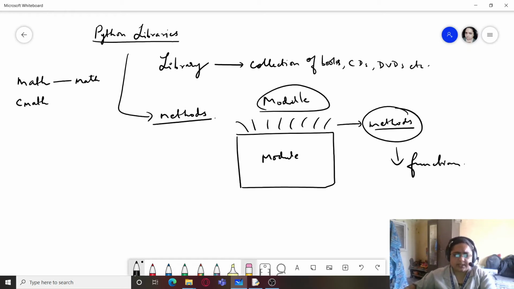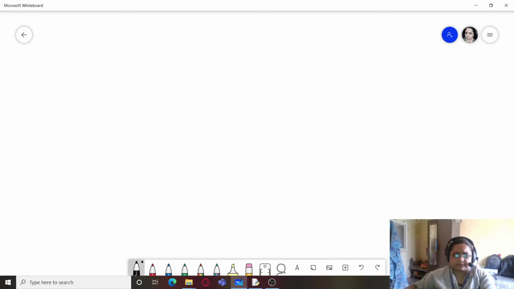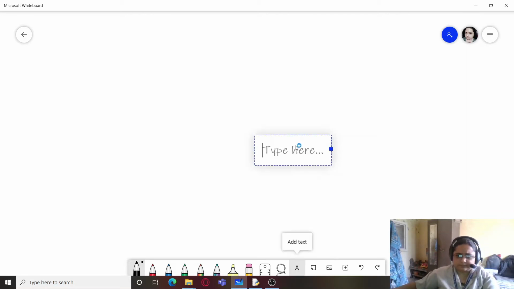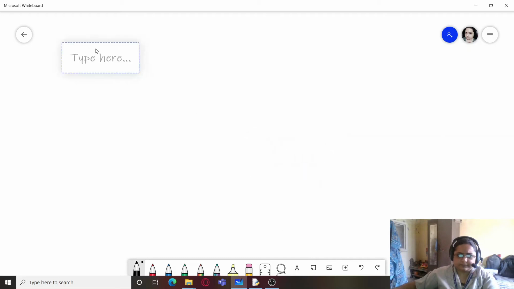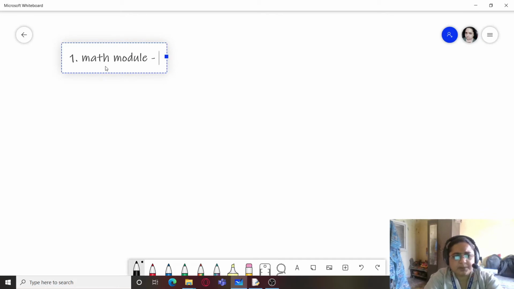So I'll just write it properly. We have various modules, like one is the math module. What is the math module used for?